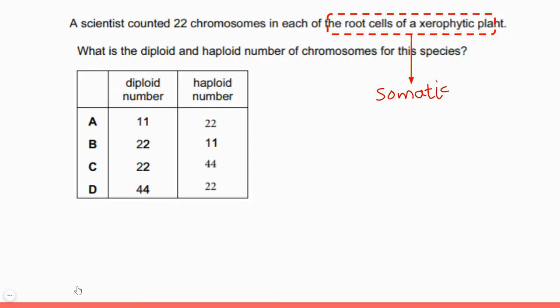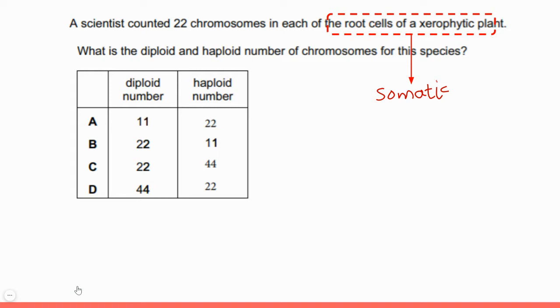So, quick recap, a diploid number is when the number of chromosomes in a certain cell is in two sets, one set coming from the mother and one set coming from the father's gamete. So that is the diploid number of chromosomes. Haploid is half the normal number of chromosomes. And we all know that somatic cells always have the diploid number of chromosomes.